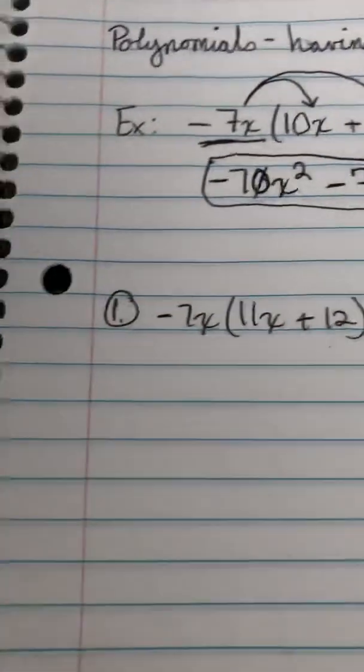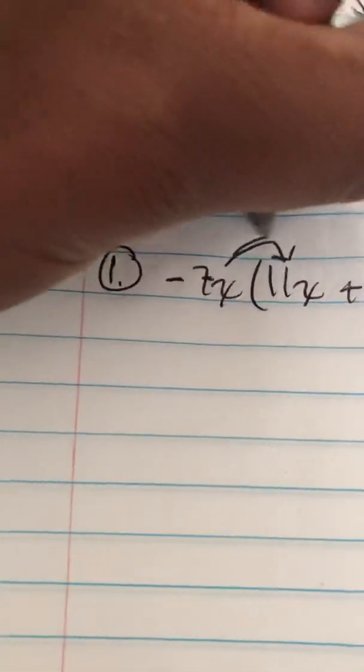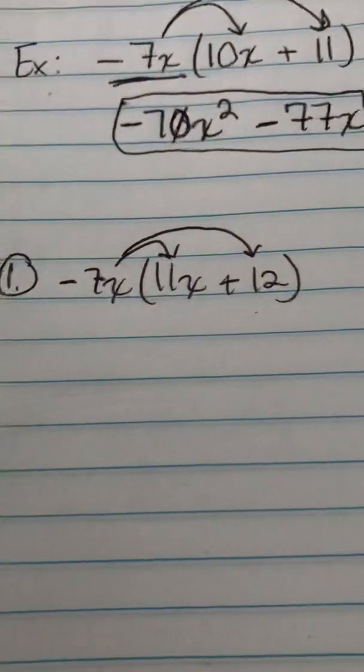All right, so let's look at number 1. Let's go ahead and write number 1 down. So we have negative 7x times 11x plus 12. Again, same thing, looks really similar to the example. Negative 7x times that, right? You guys understand that. You did that before. So now you have negative